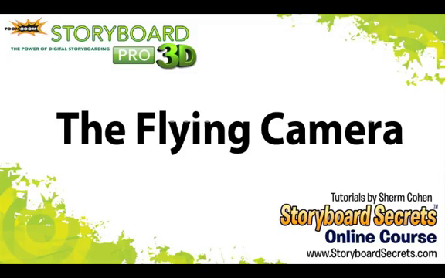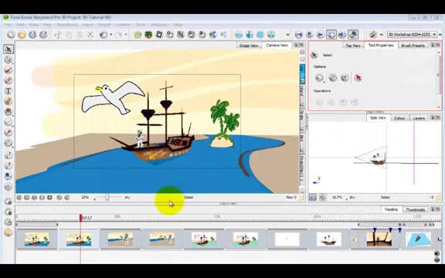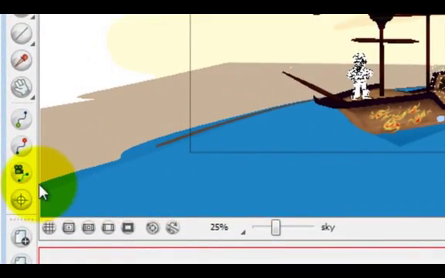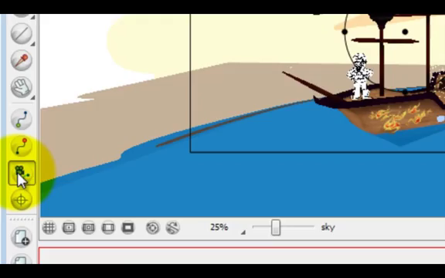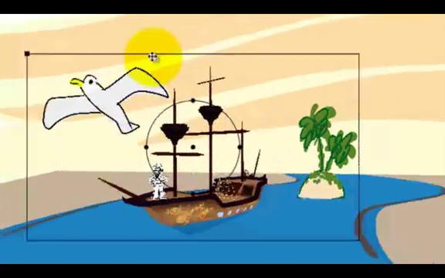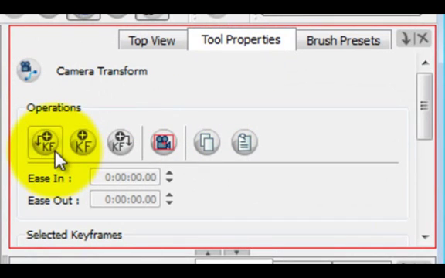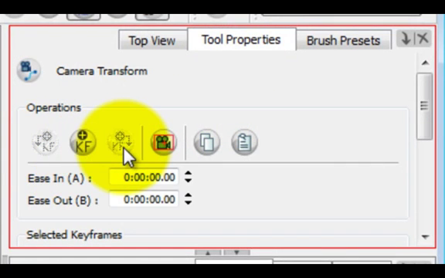Now that was a fairly simple camera move, even though I think it was pretty impressive, but I want to show you that it's possible to get pretty crazy if you want to do some very complicated shots. I'm going to go back and select the camera tool as always, and I'm going to come over here to tool properties for the camera and add a keyframe at the beginning, add a keyframe at the end, and once